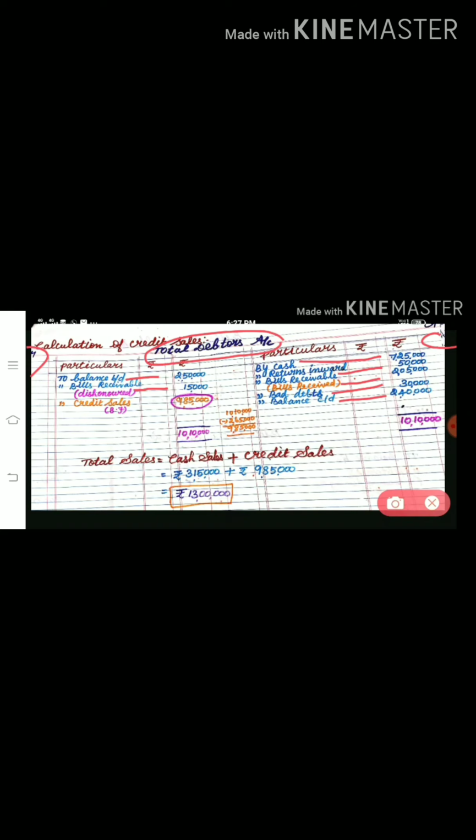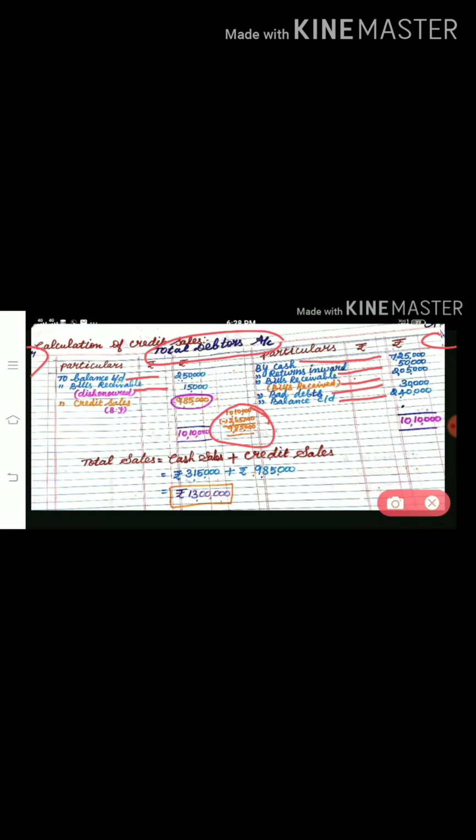On the credit side, 10,00,000 is the highest value. This value represents both sides. The lowest value is deducted from the highest value. The highest value 10 lakh 10,000 is on the credit side and the lowest value 2 lakh 65,000 is on the debit side. When 2 lakh 65,000 is deducted from 10 lakh 10,000, the total value is 9 lakh 85,000. This value will be shown on the debit side of the total debtors account. So this is the credit sales. It is a balancing figure. The question is to find out the total sales value.